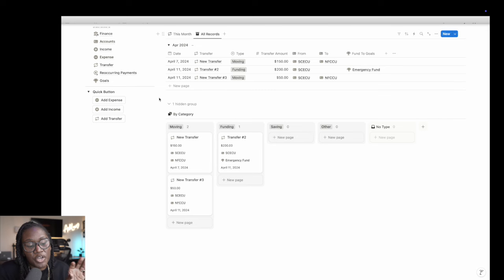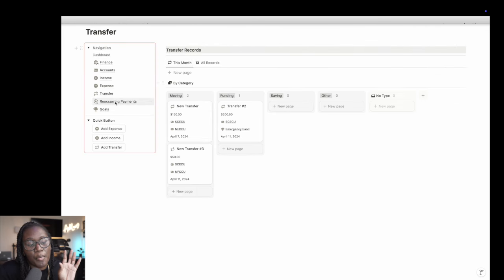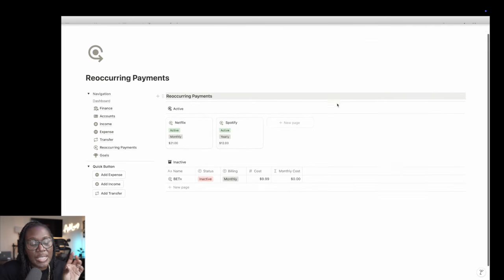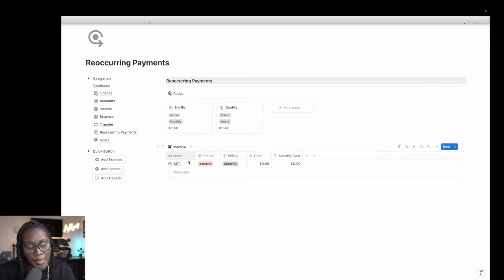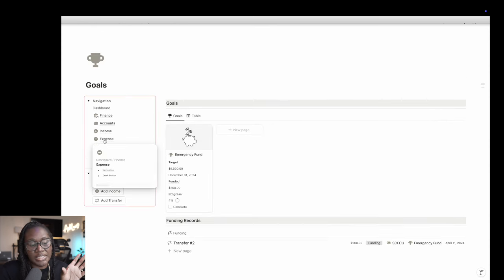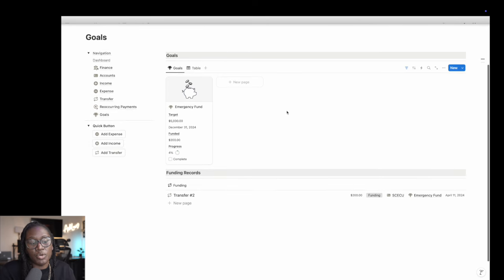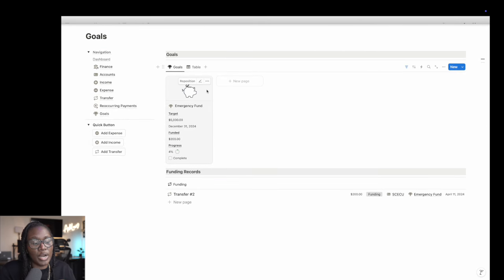The next page is for your recurring payments, and this is a breakdown of the active at the top, and then you can see the inactive ones at the bottom. There's a spreadsheet for those. And the last page is your goals page, and this is just basically the full page view of the goals that you set up. So if you want to change the target,